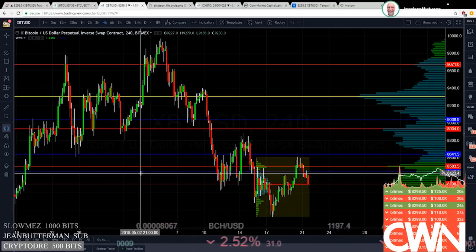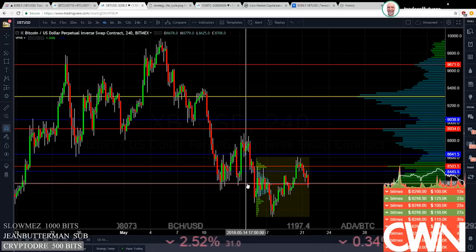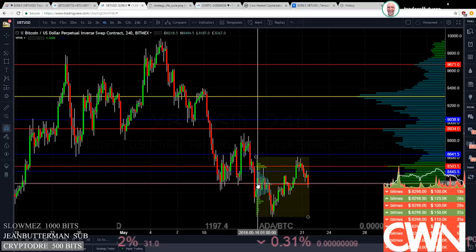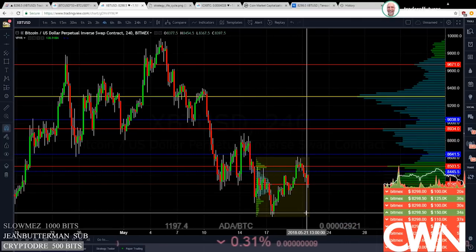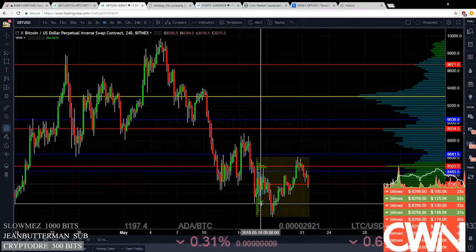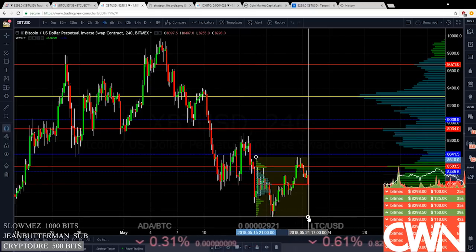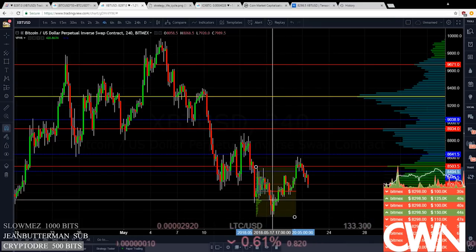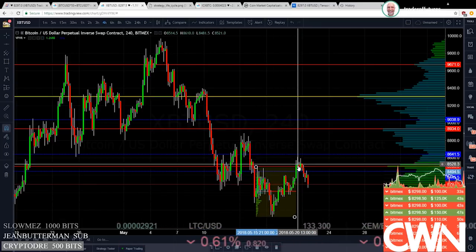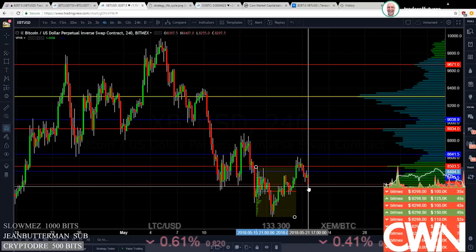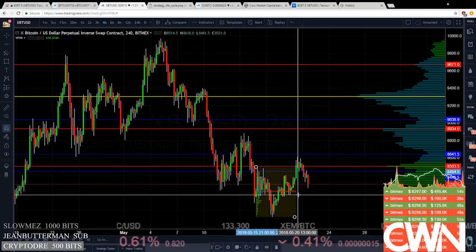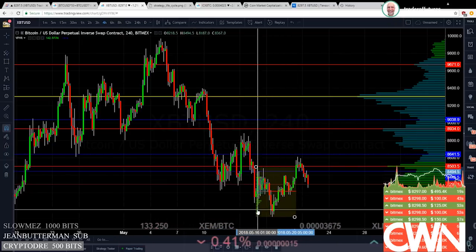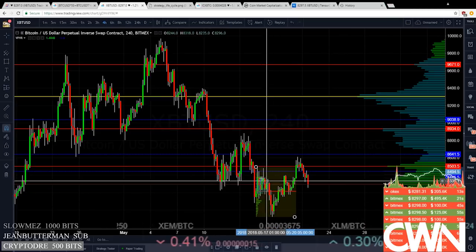The other thing is that you'll notice that there are patterns that develop with these mini profiles. And a lot of times you'll see a profile here. They'll get kind of like right there. You have a little profile, and then it comes up here and then does a little auction. And it comes right back down to the POC of the previous profile. So that's a common pattern that you see happen a lot, where you have this sort of one profile called balance.